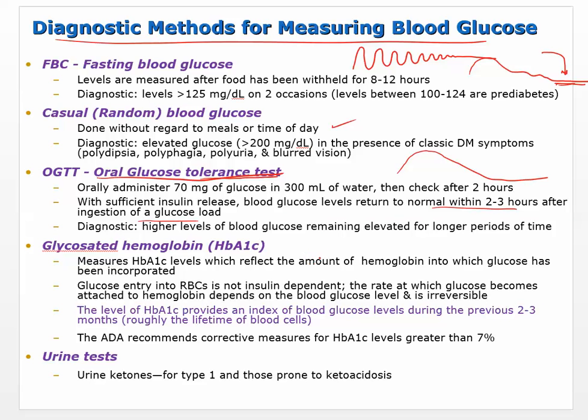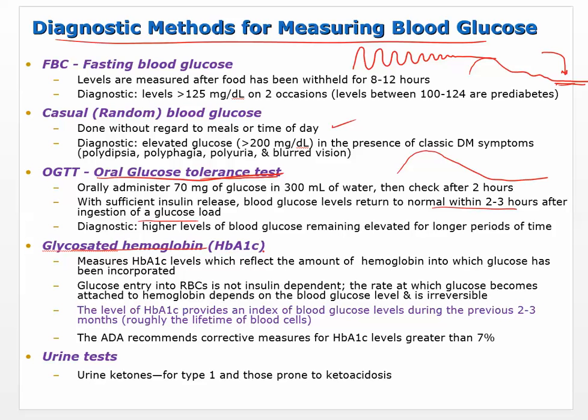So you can pretty directly see how well your body is handling glucose by having this test. That's the oral glucose tolerance test. So higher levels of blood glucose remaining elevated for longer periods of time is what you're looking for. Now there's also the glycosylated